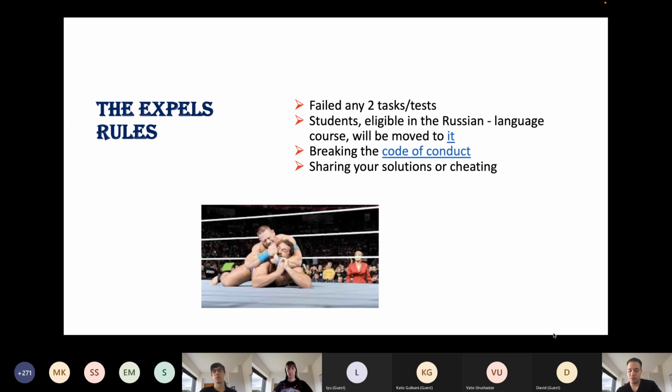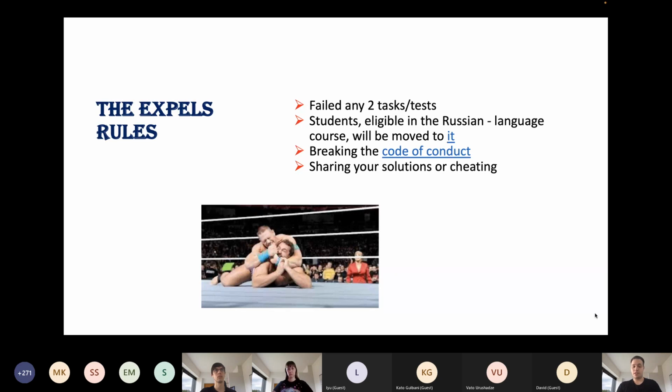Because we have a huge amount of people, and to check everyone and manage the process for everyone is quite tough. So we ask you to follow the following rules. Try to complete as many tasks as you can, not to fail them.